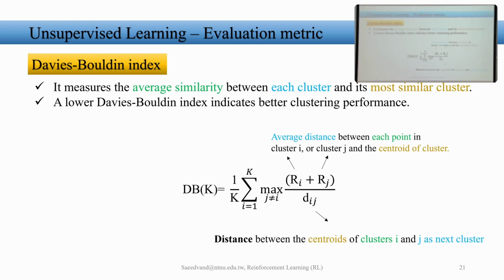So I get some of these. I get this one, I get this one, average of these. Then divide by this distance, i and j. And do the same thing with this and this one, and get the average of these. And I get the max of those, the max of those where i is not equal to j, because then it will be the same. So if I do that procedure with this equation, we call it the average similarity between each cluster.